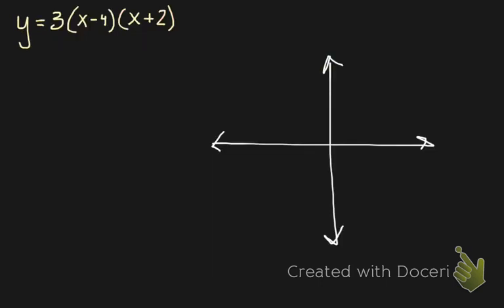All right, moving on to factored form. So this is an example of factored form, y equals 3 times the quantity x minus 4 times the quantity x plus 2. So something to keep in mind, this 3 represents our greatest common factor when we are graphing. And it does not actually affect our x-intercepts when we solve for our x-intercepts using the zero product property that we have learned in class. However, it does affect how wide our parabola is.